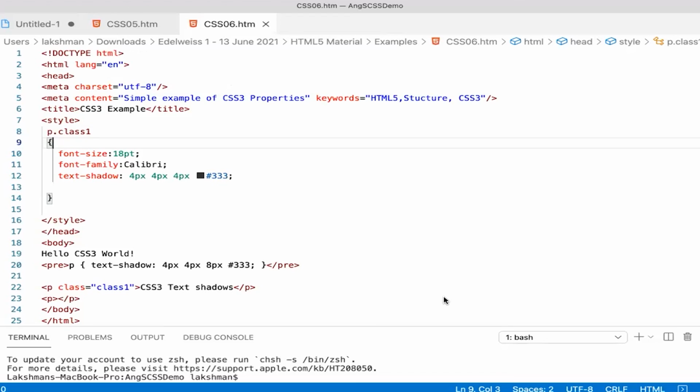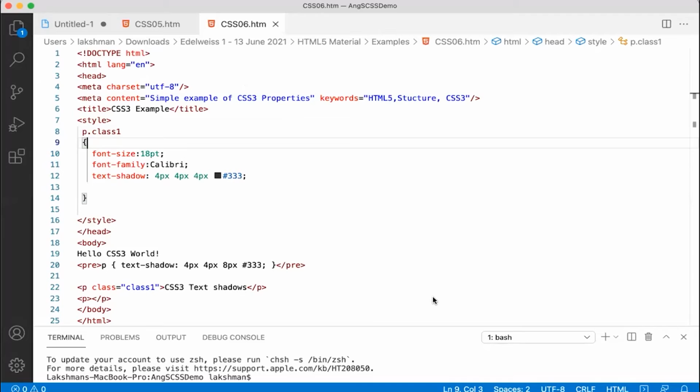So I can see you have written the element name and the class name without any space. So if we put a space between the element and the class, then also it will work in the same fashion. It depends on where the space is. Are you looking at something like this?